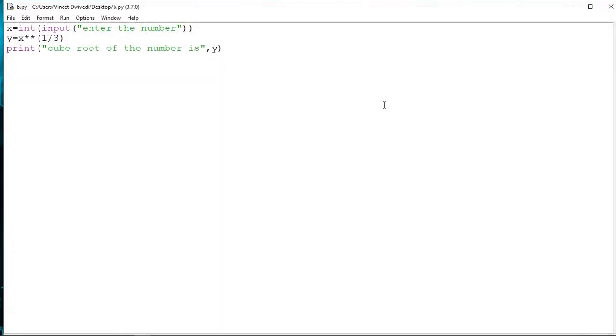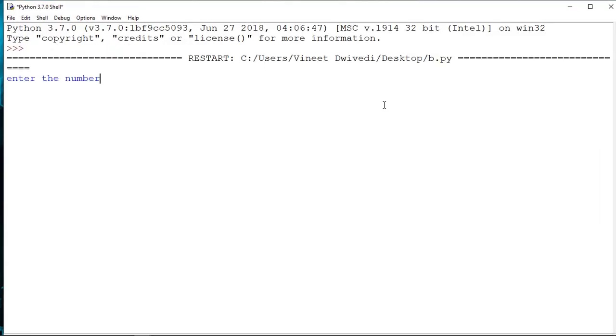Just check the code again. Let's take any other number. Suppose we know that the cube root of 64 will be 4. Let's try to find out. If you enter the number as 64, you get the cube root of the number as 3.99996. Why is this problem there?